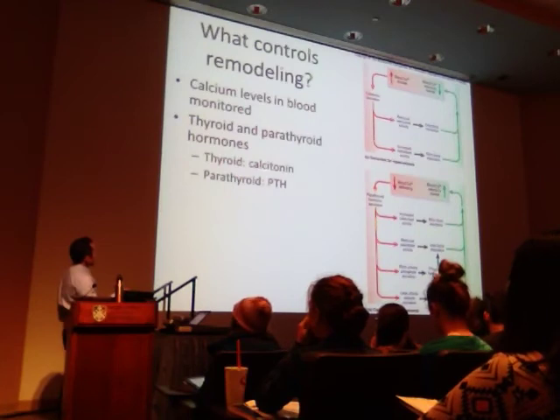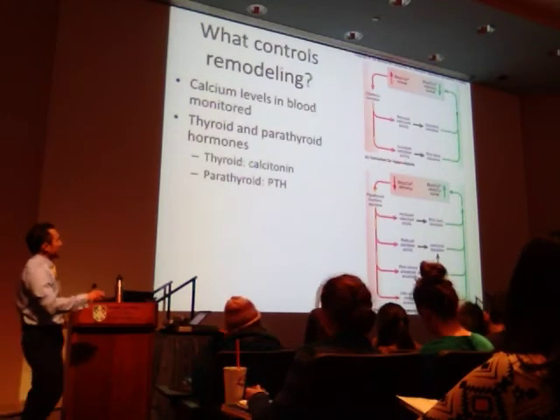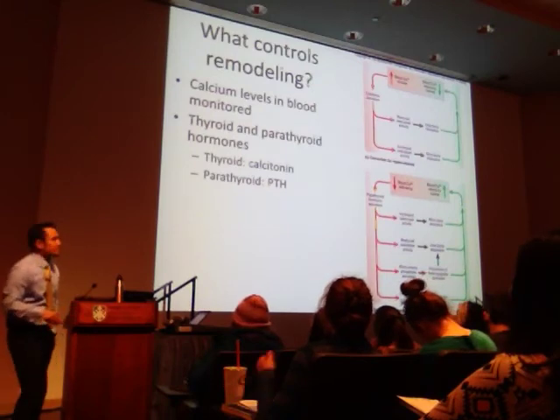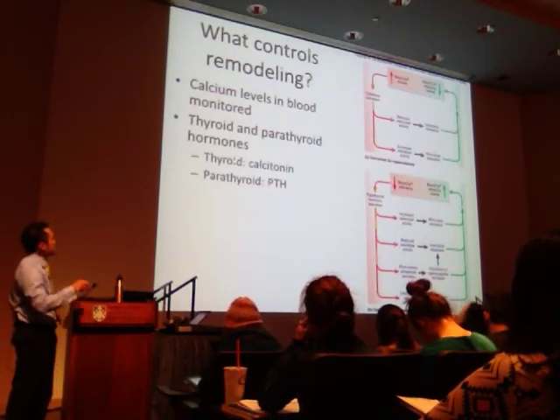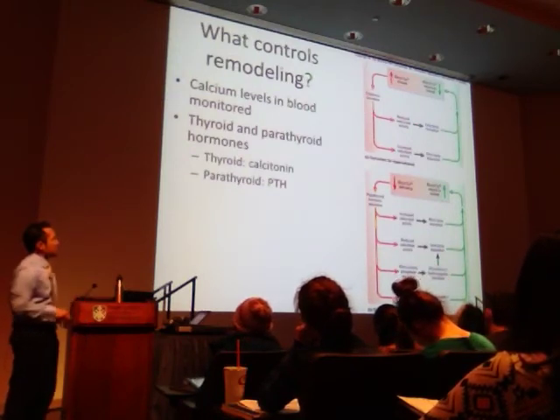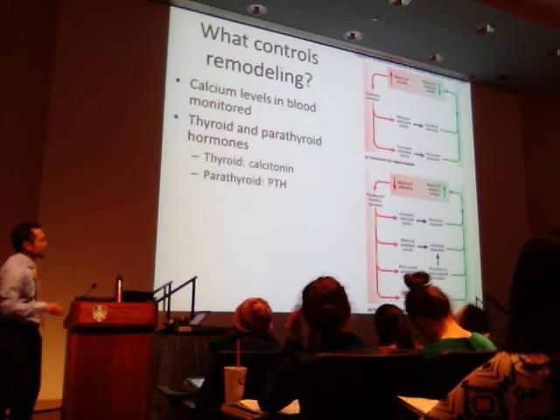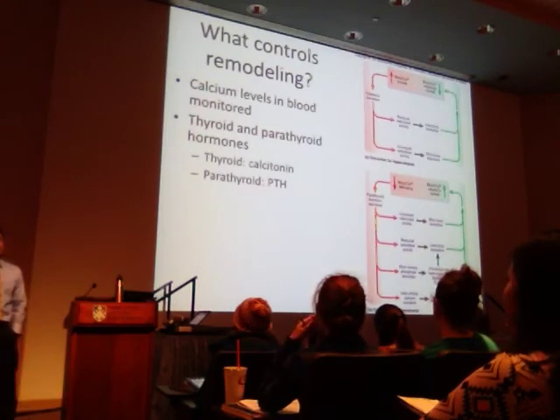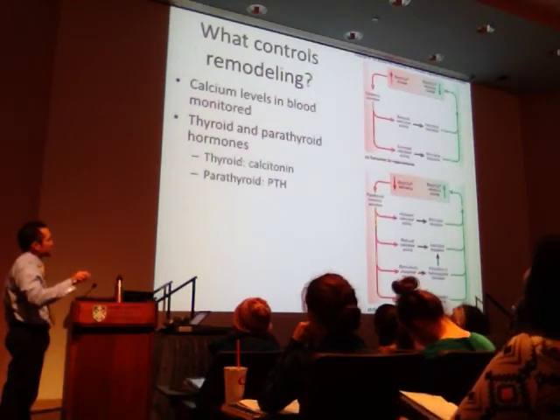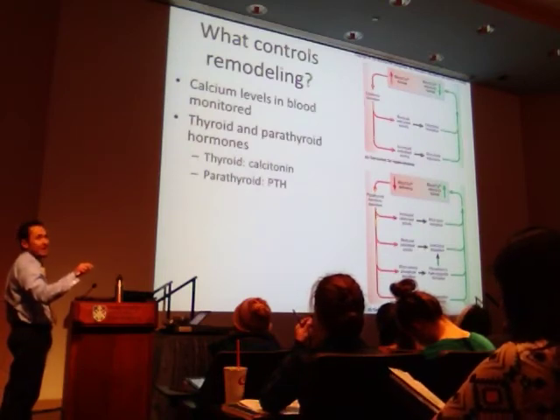Okay, so the thyroid releases calcitonin, but first off, let's look at this. Thinking about calcitonin, if you start up here and blood calcium levels are too high, you're going to stimulate calcitonin release by the thyroid. Calcitonin has activity on osteoclasts to reduce their activity, say slow down, stop chewing up bone. Calcitonin has activity on osteoblasts saying go build bone and use up calcium. So both of those activities mean you have less bone resorption, more bone deposition. That leads to blood calcium levels going down.